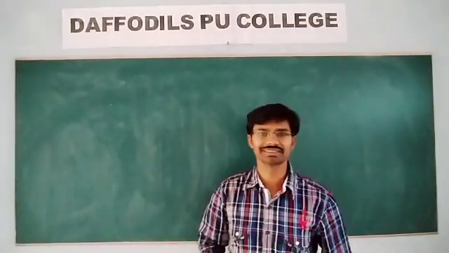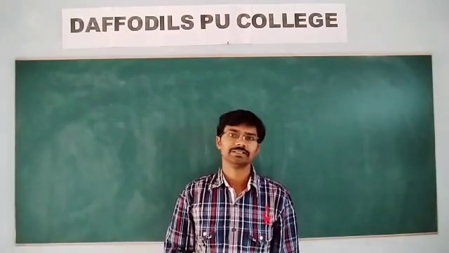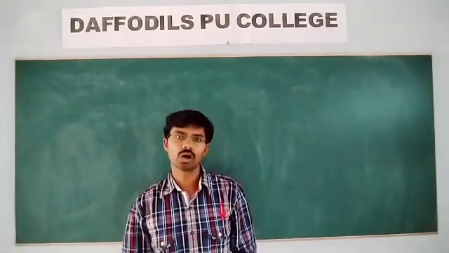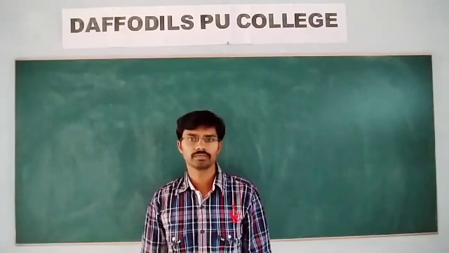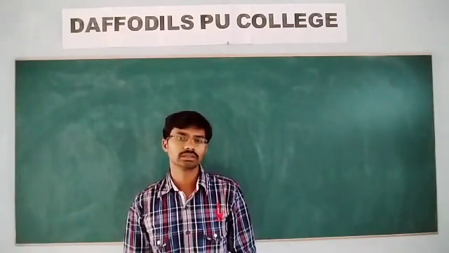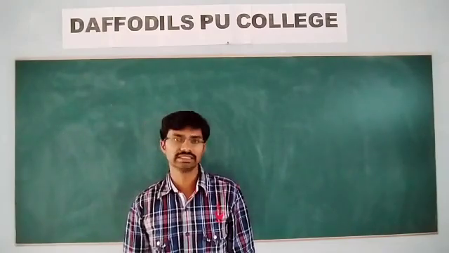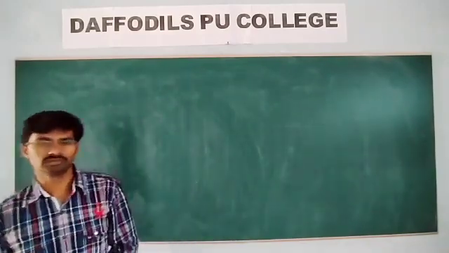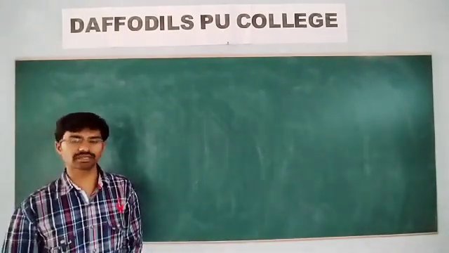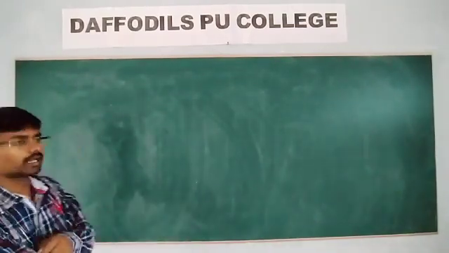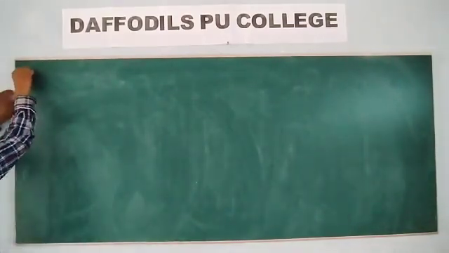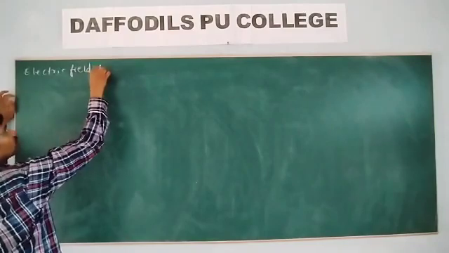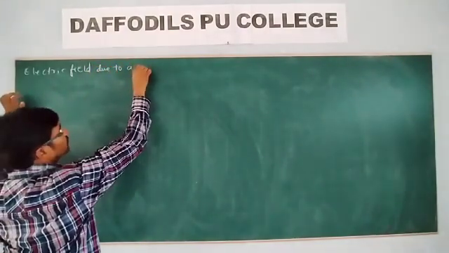Hello students, in the previous class we discussed the electric field of a spherical shell, which is conducting, and also a non-conducting sphere. So then how do you find the electric field due to a charged rod at a point on its axial line? Not like the dipole we have seen, but a uniformly charged rod. Let me find the electric field due to a